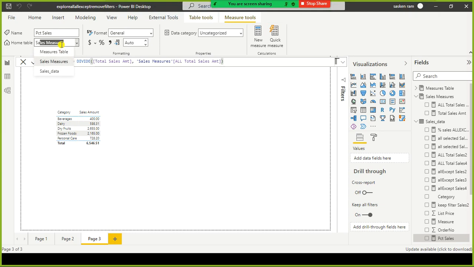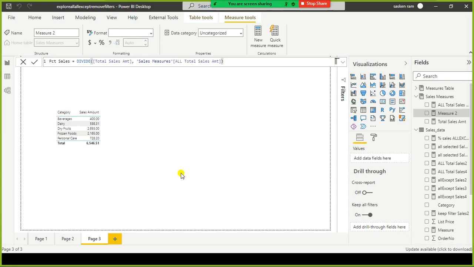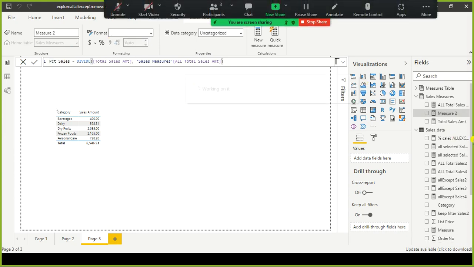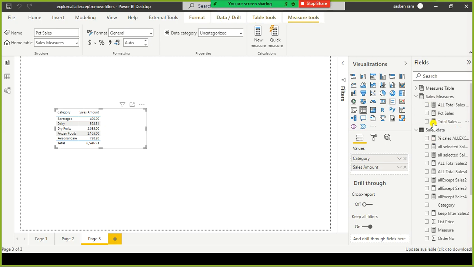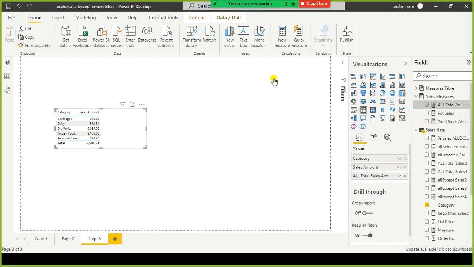Here I just select this one and make it part of the sales measures table. Now we have created 3 measures. I just select this one, all total sales.